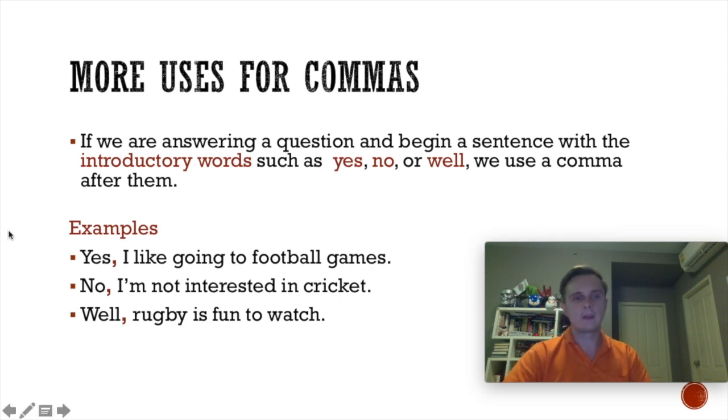after it. So, yes, I like going to football games. We use a comma after yes. No, I'm not interested in cricket. We use a comma after no. Well, rugby is fun to watch. We use a comma after well. So if you see yes, no, or well at the start of a sentence, you need to use a comma